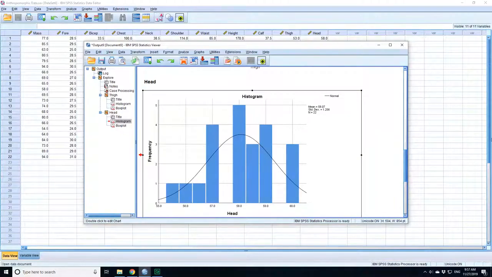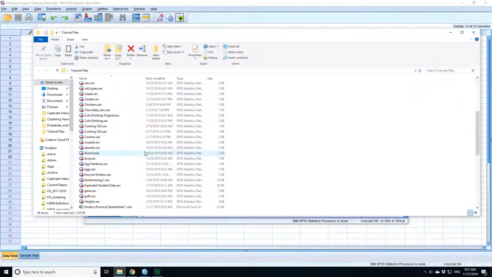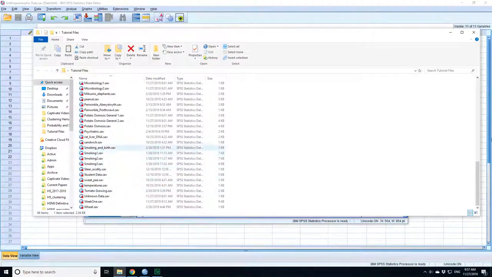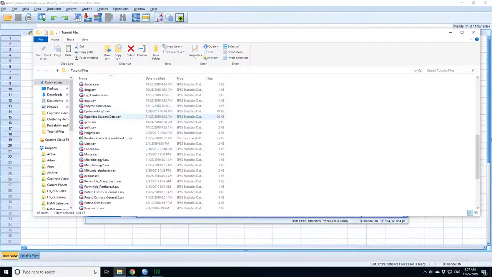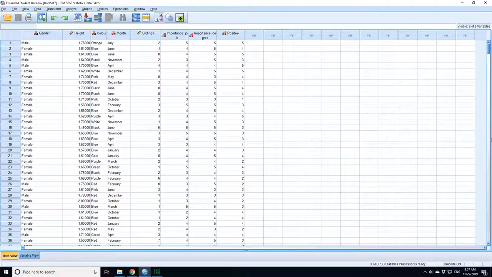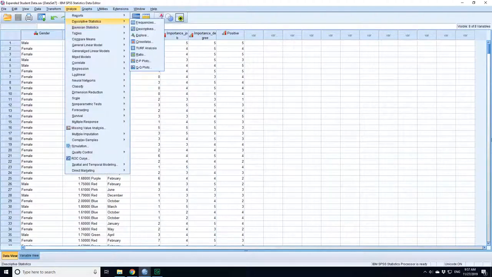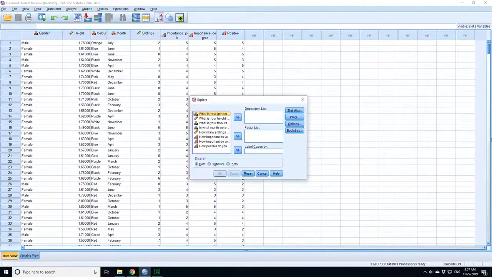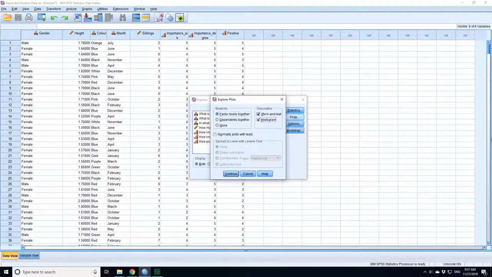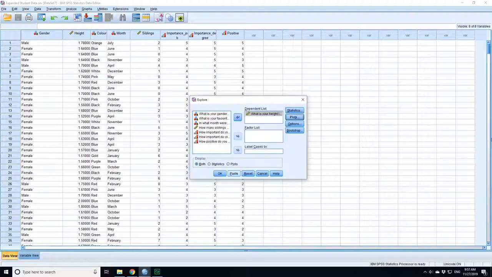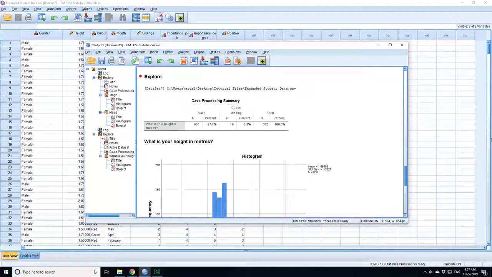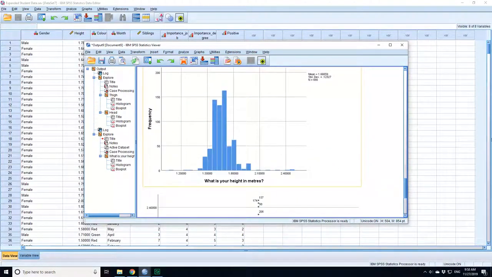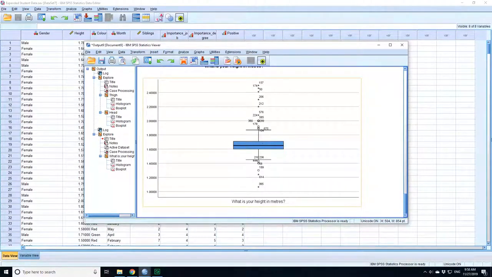So actually, let's open another set of data. So let's open the expanded student data, the expanded student height data. This is a good data set because it contains a lot of student heights, over 600. So if I go to Analyze and do Descriptive, put in height as the dependent variable. I want to do the histogram, not the stem and leaf, and I just want to display the plot. I go OK. This is a much more convincing normal distribution, although there are outliers,